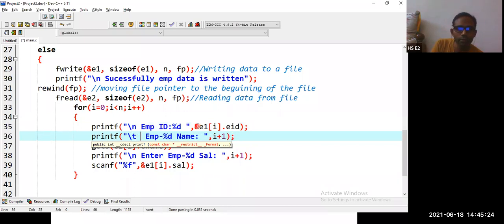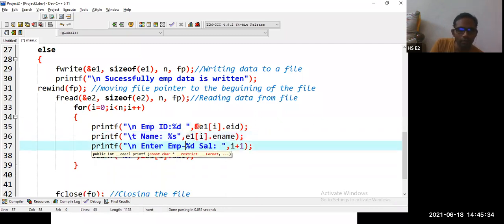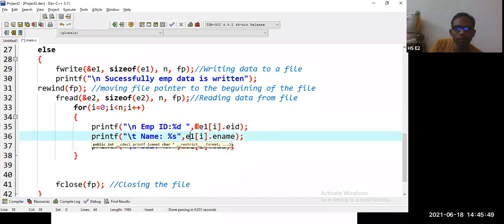So let us hope it is going to work. Then employee name is equal to %s. Then slash t, salary is equal to %f, comma. So here we don't have e1.